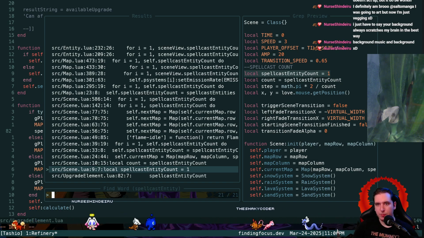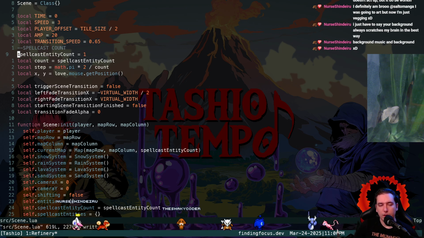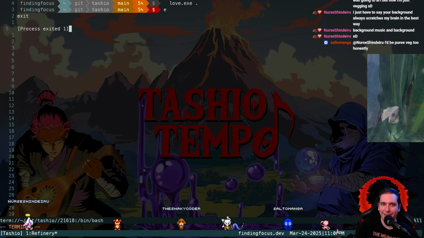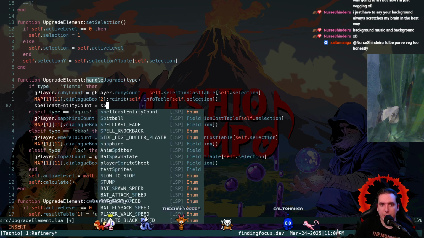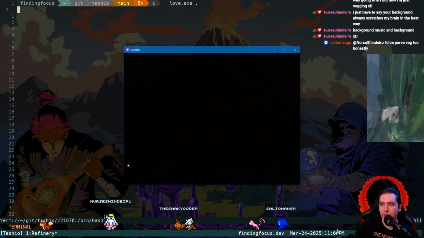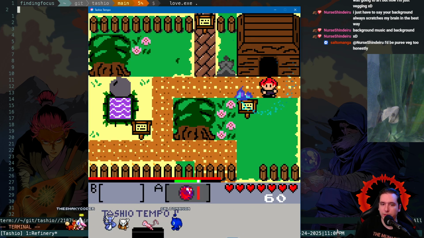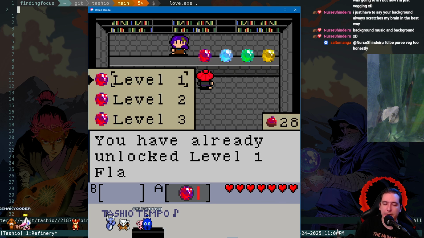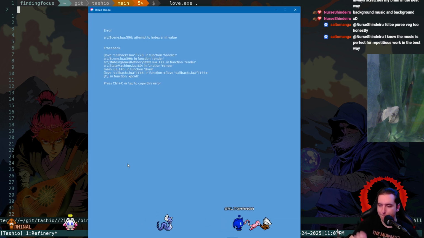Okay, we just need to make this spellcast entity not local, and then let's see if it breaks anything. We basically just have to increment our spellcast entity count. So right now, if we cast the spell, we have 1 flame. If we walk in here and say we've got enough rubies to get level 2, it says you can refine Flamma to level 2 for 25 rubies. We're gonna go buy it. Son of a...